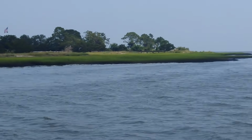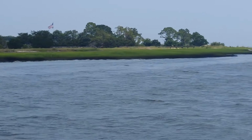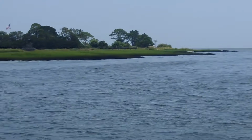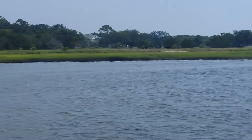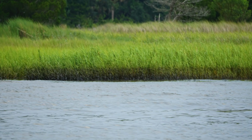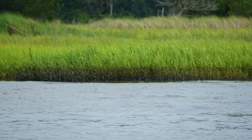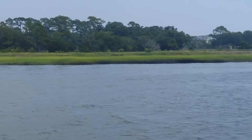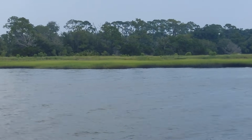as far as damage to the marsh and the estuary here. Now, this isn't all of it, just a section of it, but you're going to see and understand how much we're dealing with here. You can very clearly see the oil line in the marsh grass and how it has affected those areas. Of course, it's just sitting in there with the tide coming up and down, and it has really coated